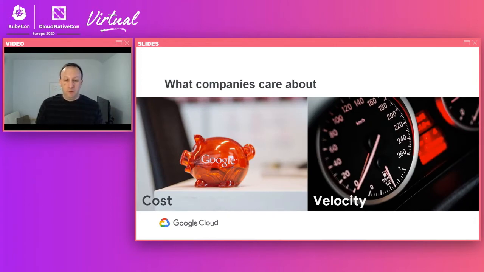So most companies care about two things, mainly cost and velocity. And if this seems a little bit reductive, well, you can take an expansive view of both of these. Cost and velocity encompass all kinds of other concerns, such as if you have a bunch of teams that are tripping over each other's feet, that's going to impact both your cost and velocity. But it does, of course, include the more basic concerns, such as how much you pay your cloud provider and how quickly you're able to develop new features. One